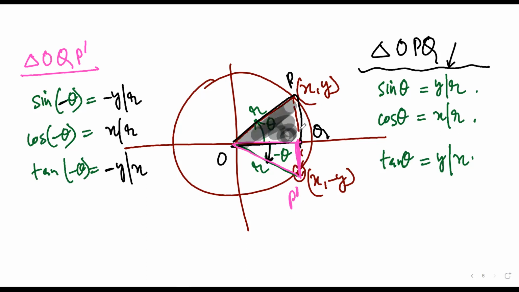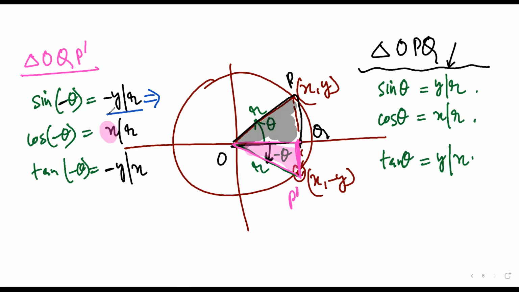Here everything is positive. And in the minus theta triangle, your x is positive, but y is negative. And now things become very obvious. They become obvious that